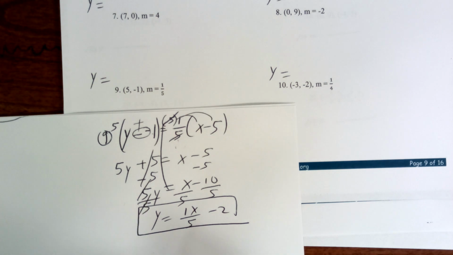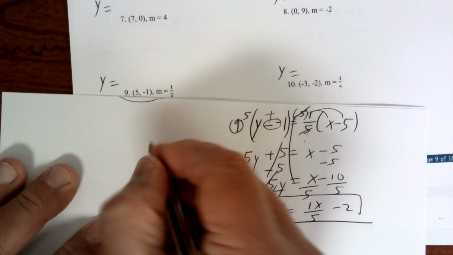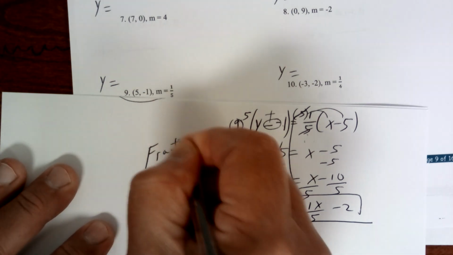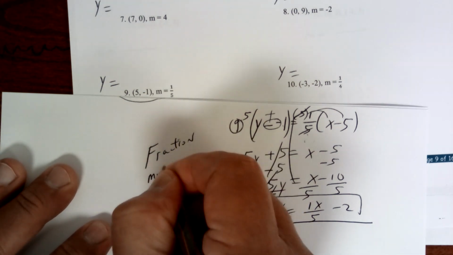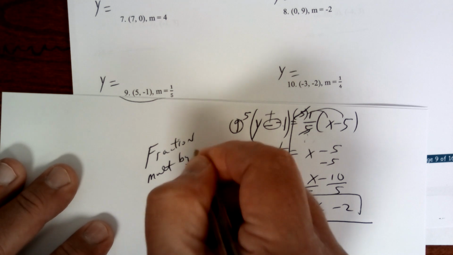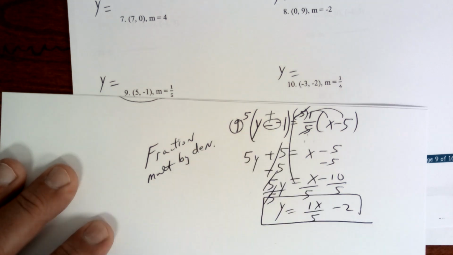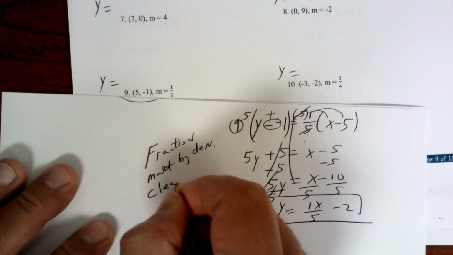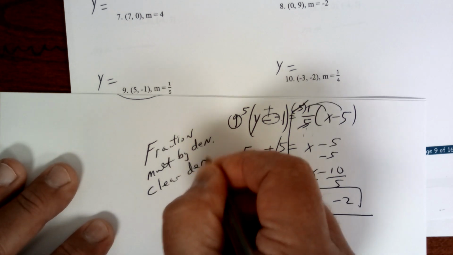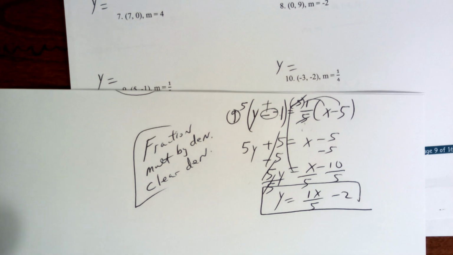Write that down. Fraction, multiply by denominator. And what that's going to do is clear your denominator. Okay? So put clear denominator. That's the rule. Okay? Makes it easier too. All right. So that's